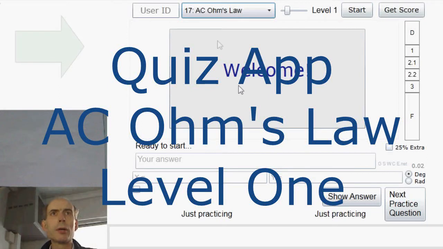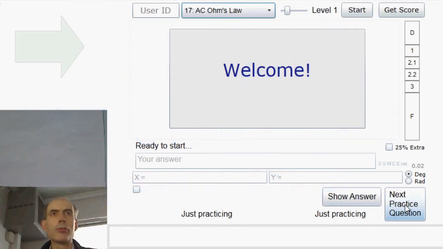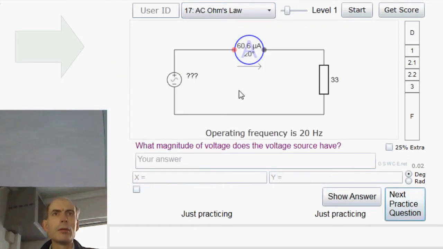Hello, this time AC Ohm's Law Level 1, first of the real questions. Right, magnitude of the voltage source. If we only want magnitude, then we don't have to worry about the phase at all. We can just deal with the fact that V